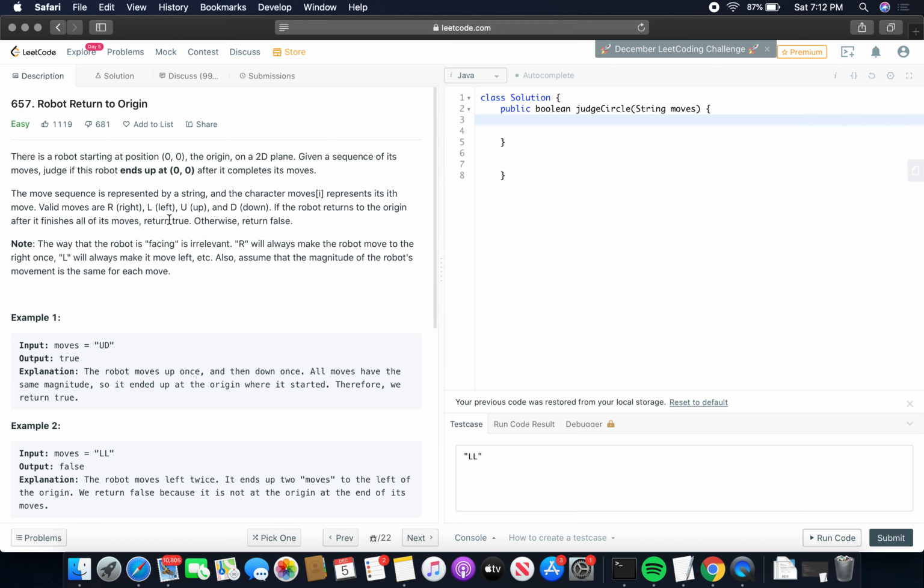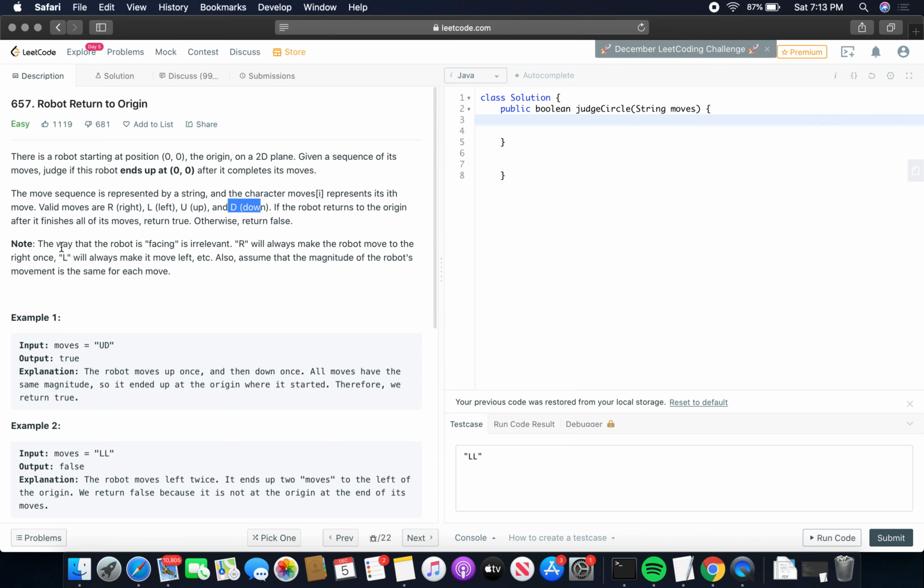So basically in this question we have to tell, given a sequence as a string, whether after reading that string and performing those particular moves the robot will return back to the origin 0 or not. So basically the question is asking you if the robot will come back to the start position or not. R means the robot is moving right, L means the robot is moving left, U means it is moving up, and D means down.